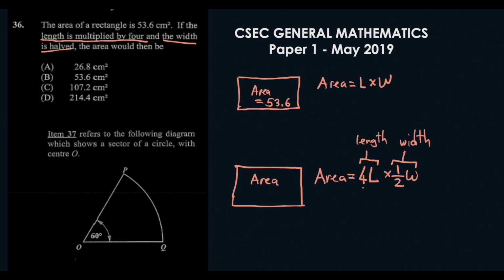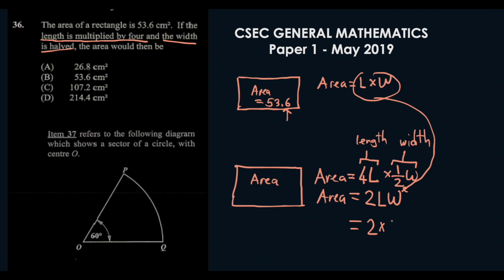So I can try to simplify this. If I simplify this, I will have 4 times a half. What's 4 times a half? Or in other words, half of 4. Half of 4 is 2. So I'll have 2 times LW. So what is LW? We already know what L times W is from over here, which is 53.6. So therefore our area here has to be 2 times